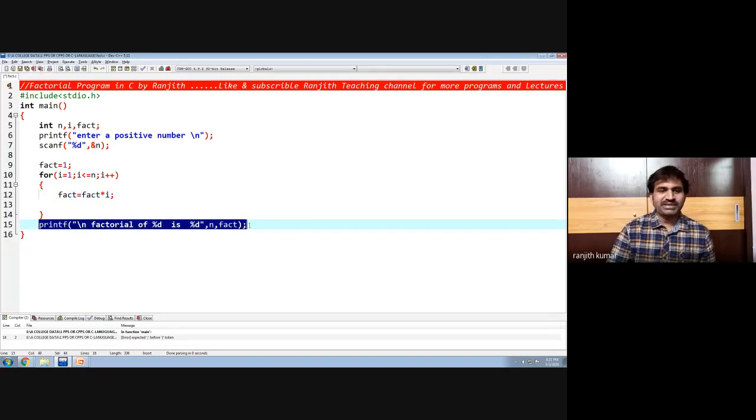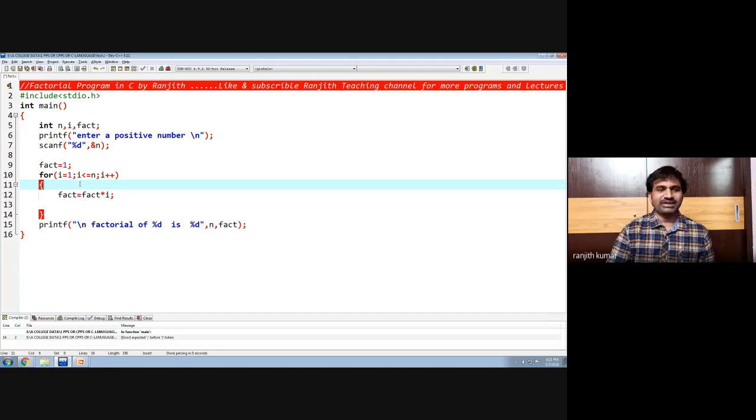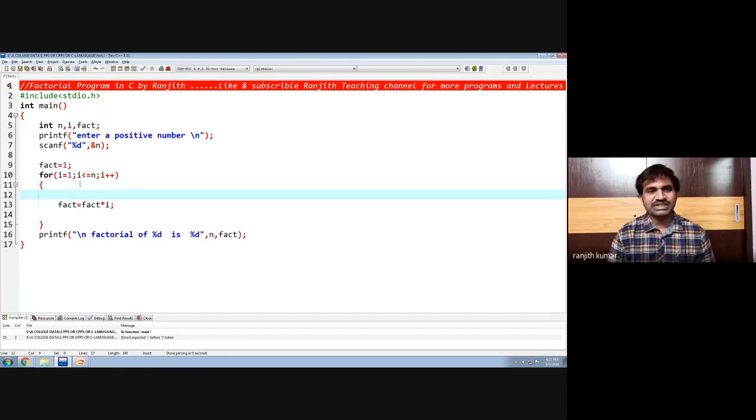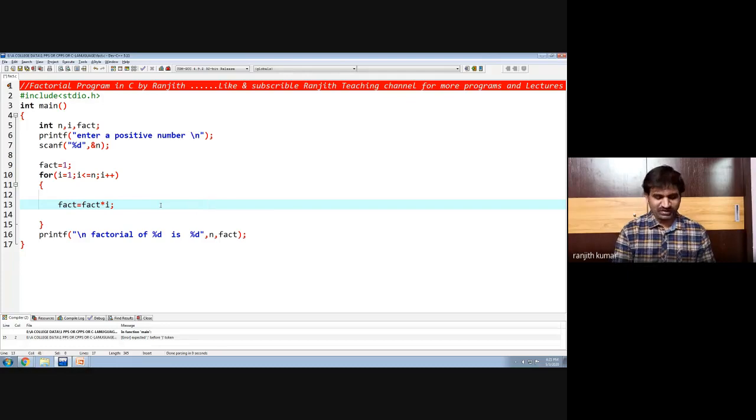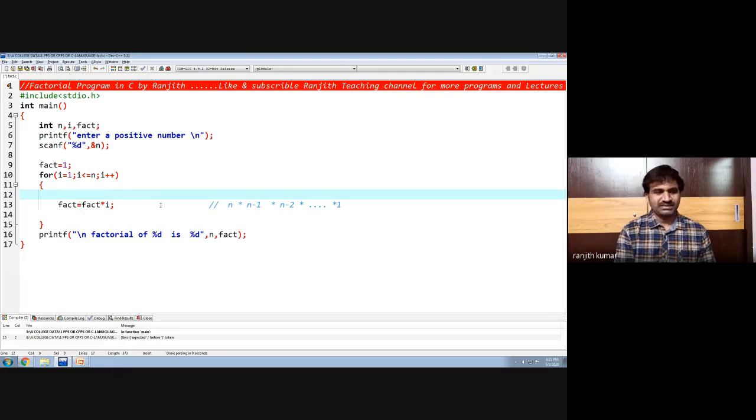Now let us see how the program is working. Using a simple printf statement, you are able to see how the factorial works. Okay, so the initialization is done here. What you are doing here is always calculating n into n minus 1 into n minus 2 into n minus 3, like that, up to 1. The last place was 1. Okay, so this is what you are multiplying. Are we clear? So let us print how you are calculating that answer. Okay, so here when i value is 1, what is happening?